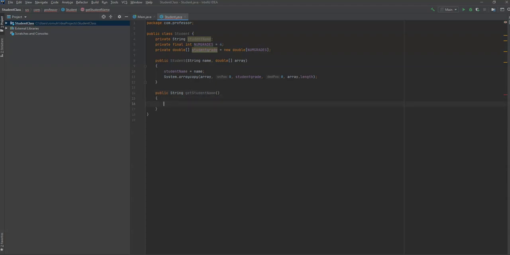And we'll just simply return student name. So if the user wants to pick out the name, they can pick that out. The next one we'll go ahead and create, we'll sum the totals of the grades. Really, you don't need this as a user, but it is good to have inside of the class so that you don't have to sum up the grades